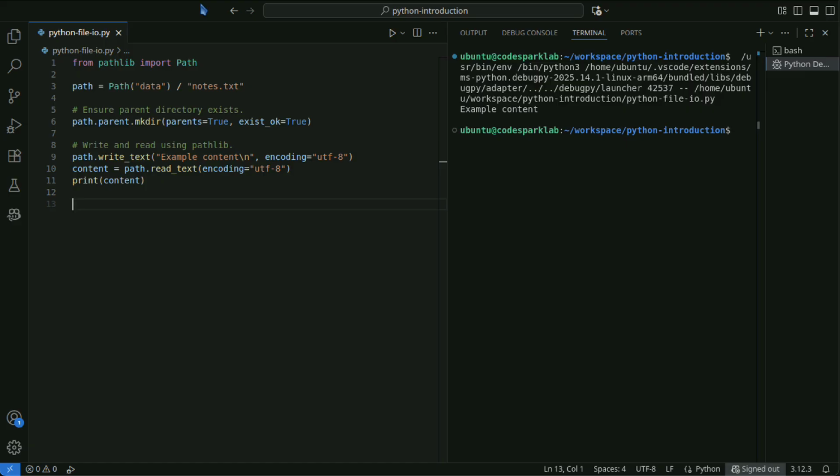With a path object, you can handle paths both intuitively and safely. Path has convenient APIs such as iterdir and glob. You can write code without worrying about path separators between different operating systems.